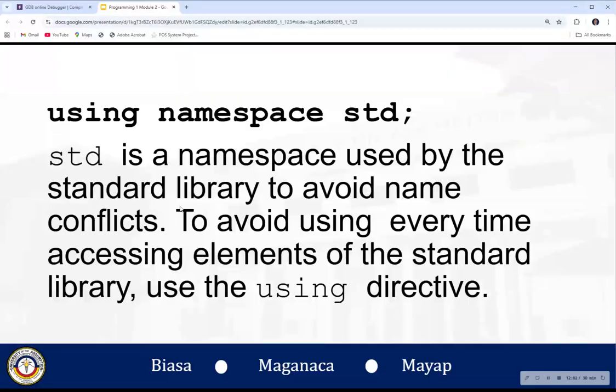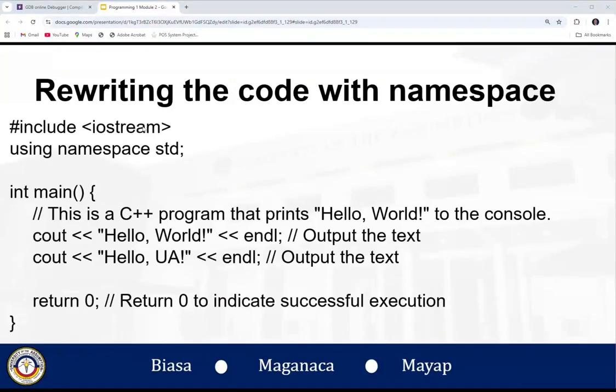Now, to write this, we have this using namespace std. It's a namespace used by the standard library to avoid name conflicts. This is being used to avoid writing it every time we access elements of the standard library. We will use the using directive. In this case, we have here an example. So if we remove it,